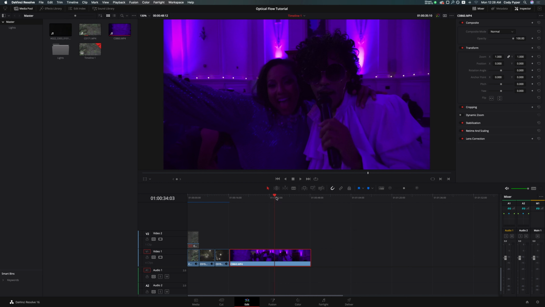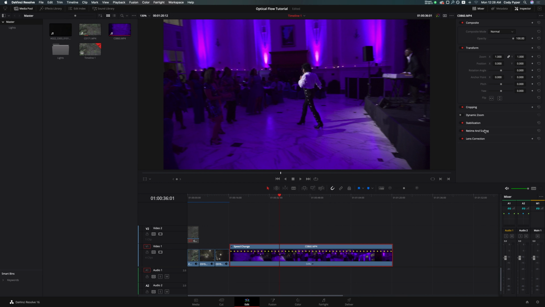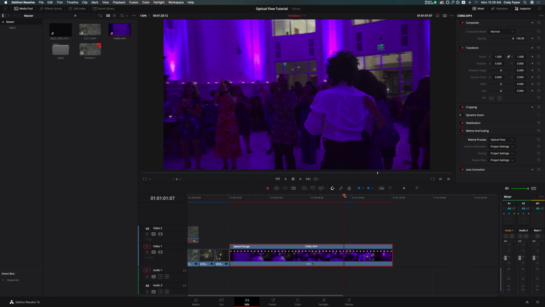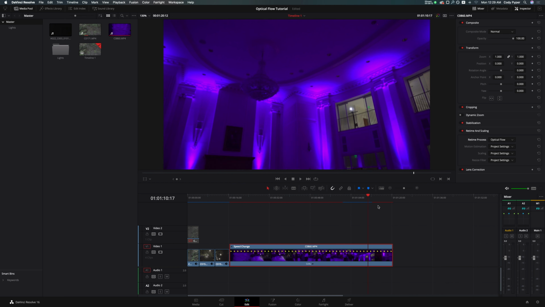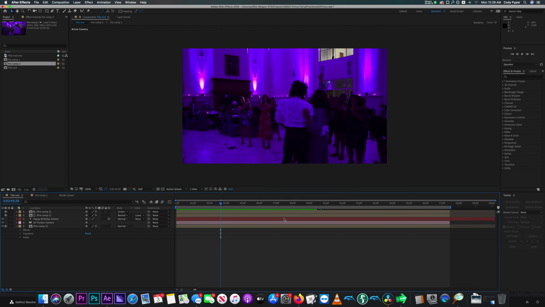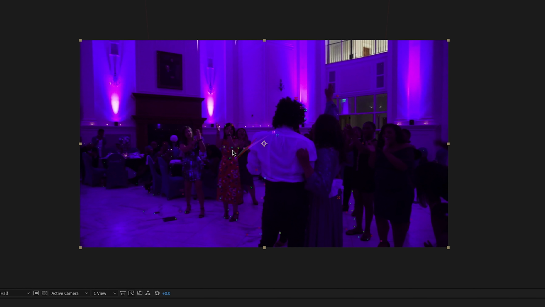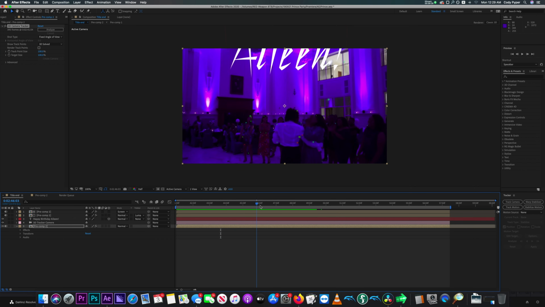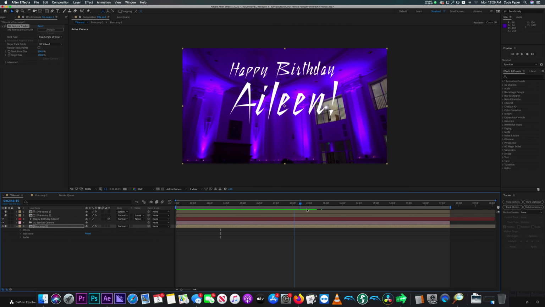So what I did was I set the clip speed to 50%, changed this to Optical Flow, just like we did on the other clips. So then I did a speed ramp from 100% into 50%. And then I did some cool trickery in After Effects. Then I tracked the camera in 3D, so it found all these different tracking points on the shot. And then I actually tracked in some text to go above that said, "Happy birthday, Eileen," right at the end